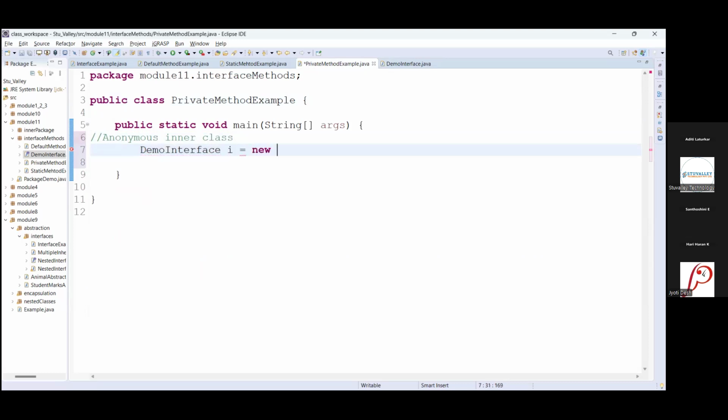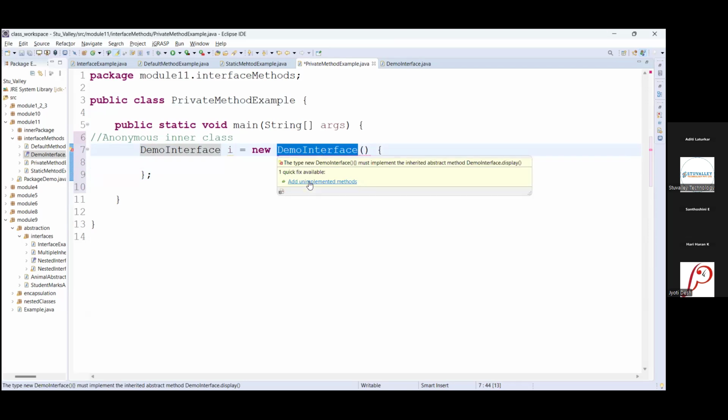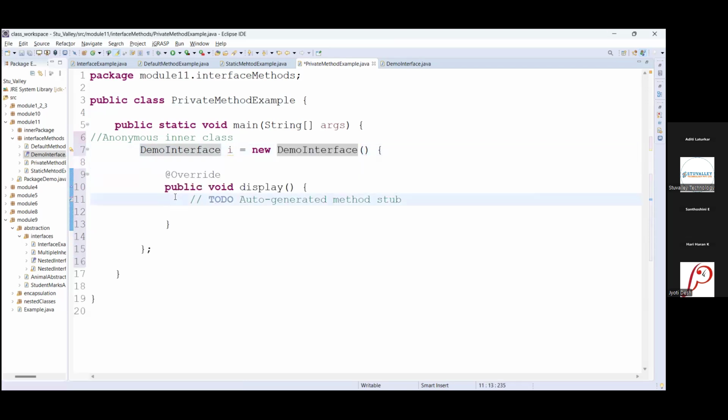After new, we will use demo interface, constructor brackets. After constructor brackets, don't give a semicolon, just give the brackets, and at the end give the semicolon. Now this demo interface needs the unimplemented method, that is the display method, which is an abstract method. Abstract method display implementation.